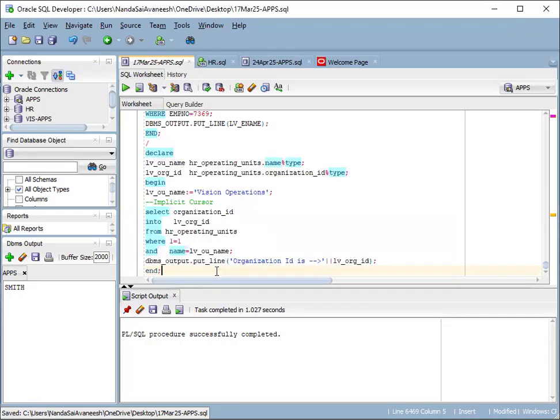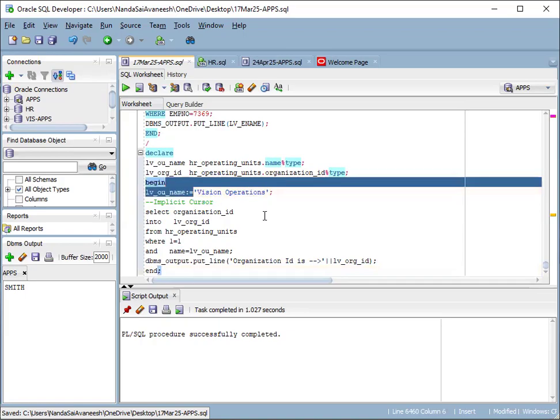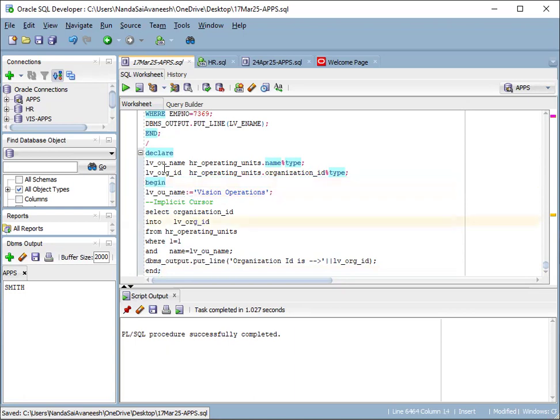Suppose I want to use the OU name as Vision Operations; I pass this variable value and want to get the organization ID. Declare lv_ou_name hr_operating_units.name%type; and lv_org_id hr_operating_units.organization_id%type; begin lv_ou_name := 'Vision Operations';